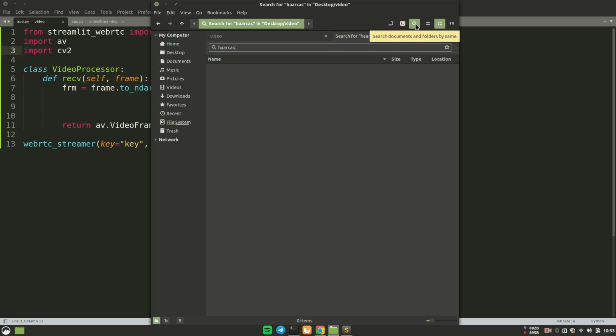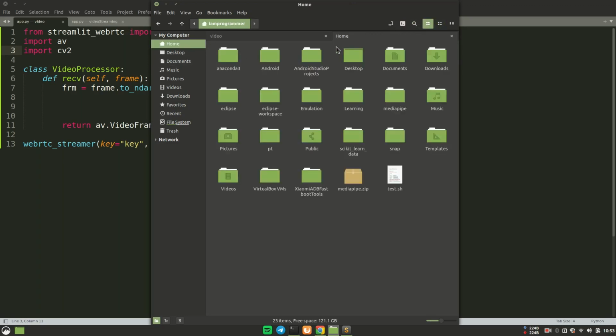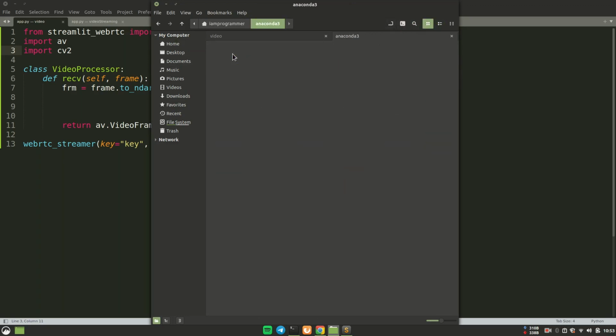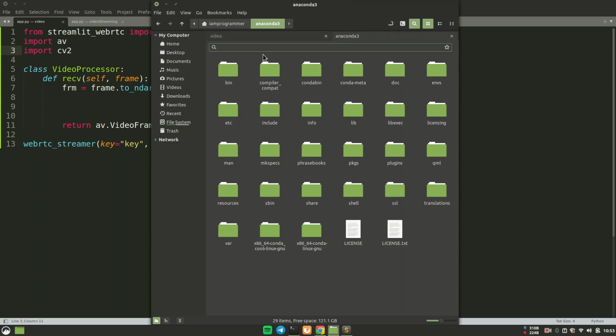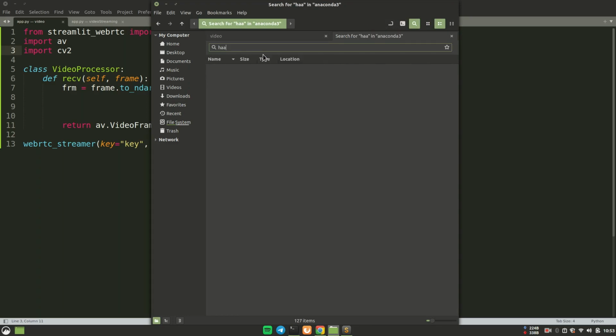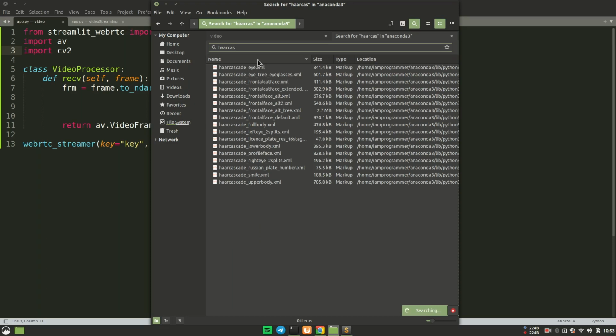It must be in your home, actually, wherever you have installed. So in my case it's in Anaconda 3. Wherever you have installed OpenCV, you just have to search for the Haar cascade file. You can also get it from the internet. I will also upload it with the code, but you don't have to do this step if you get this